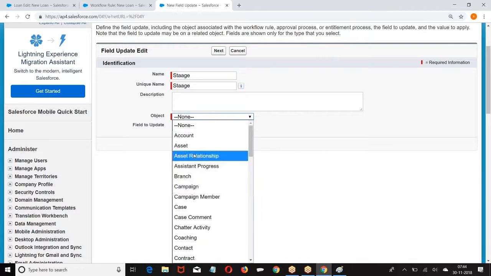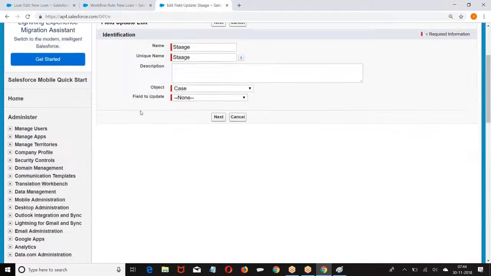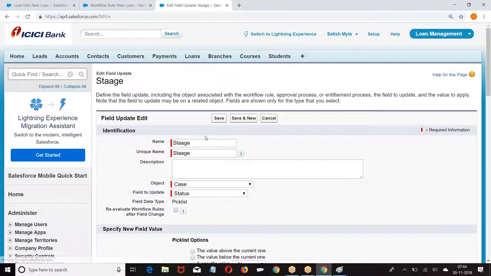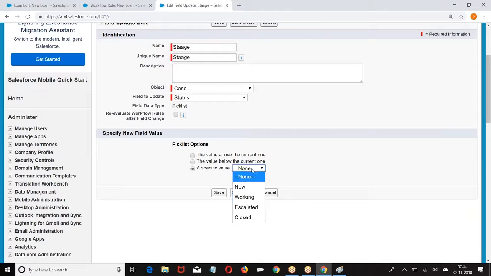Object, let us say case. Which field you want to update? Status. Now this is the action that I'm creating. When was that action created? Field update is an action. When did you create that action? Created date of action.